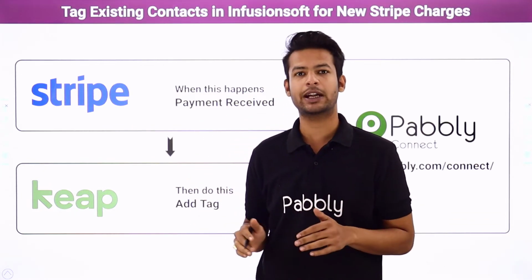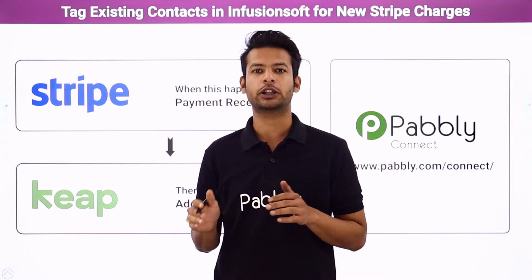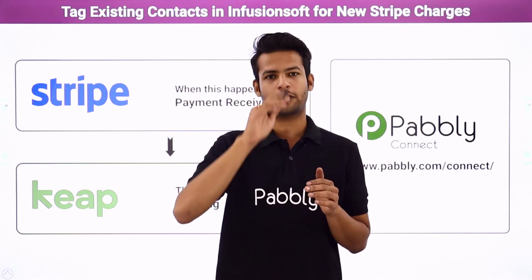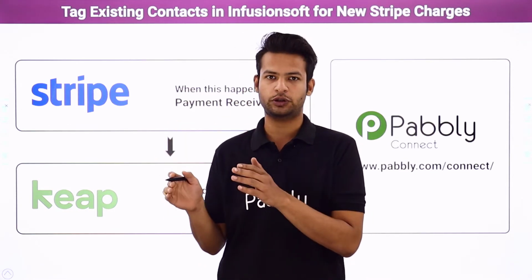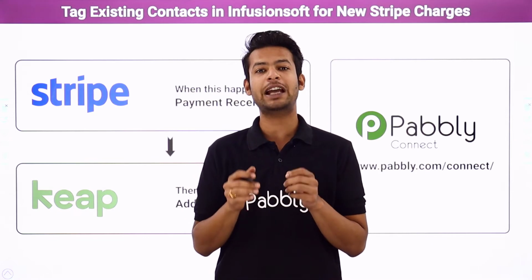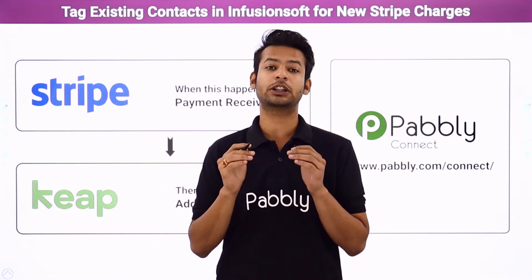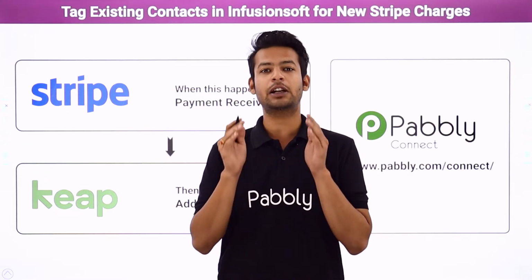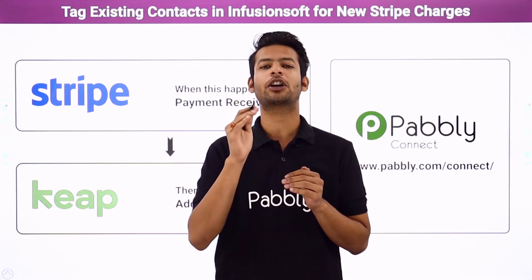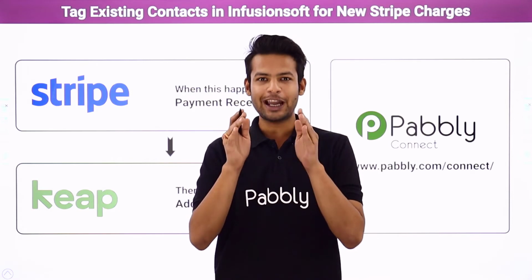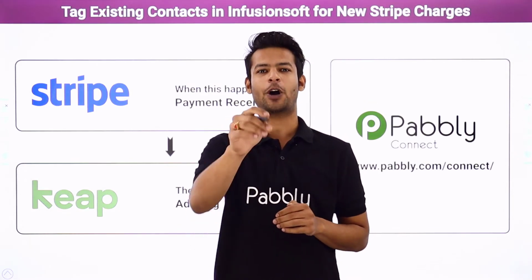But the problem here is, if you follow the manual process, you first have to collect the data of your customers who have done the payment through Stripe. Then you have to manually add a tag in front of those customers in Keep. This process will be very repetitive, it will take a long time and it will kill your time unnecessarily. So to save your time, I suggest you bring some automation here.